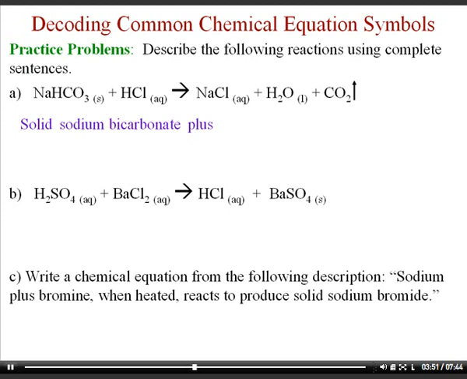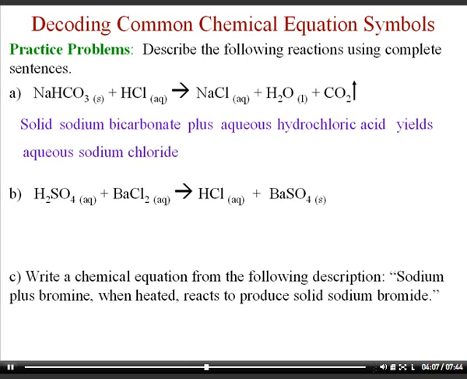AQ means aqueous, and HCl is one of the common acids we use all the time in the laboratory. It's called hydrochloric acid. And then we have the yield sign, so we put down the word yields. And what is this reaction making? Well, it makes another aqueous substance, which is NaCl, which is commonly known as table salt, but the fancy name